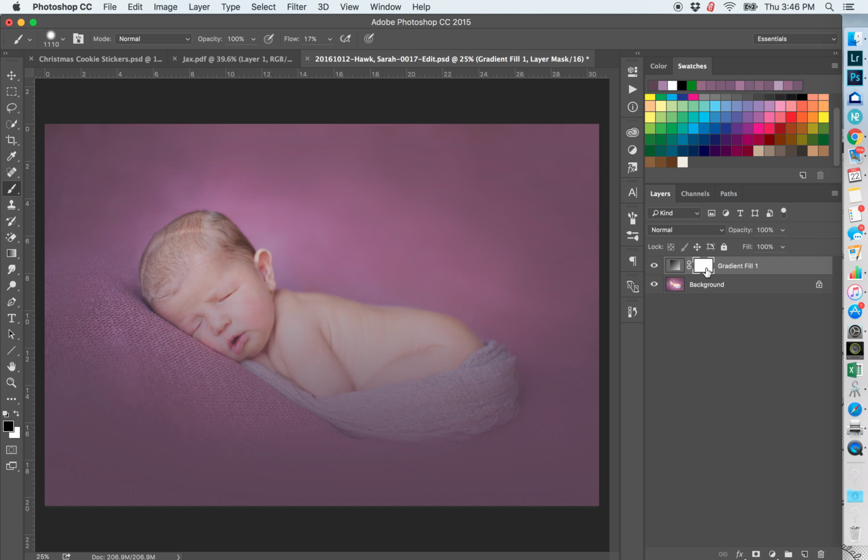Okay. And this is our mask, so this is how we brush off what we don't want. White means that this adjustment is showing, black means it's not. So we want to select our brush, which is over here, and we want the black to brush it off right now. So the way that I do this is I start at a really low opacity and flow, and